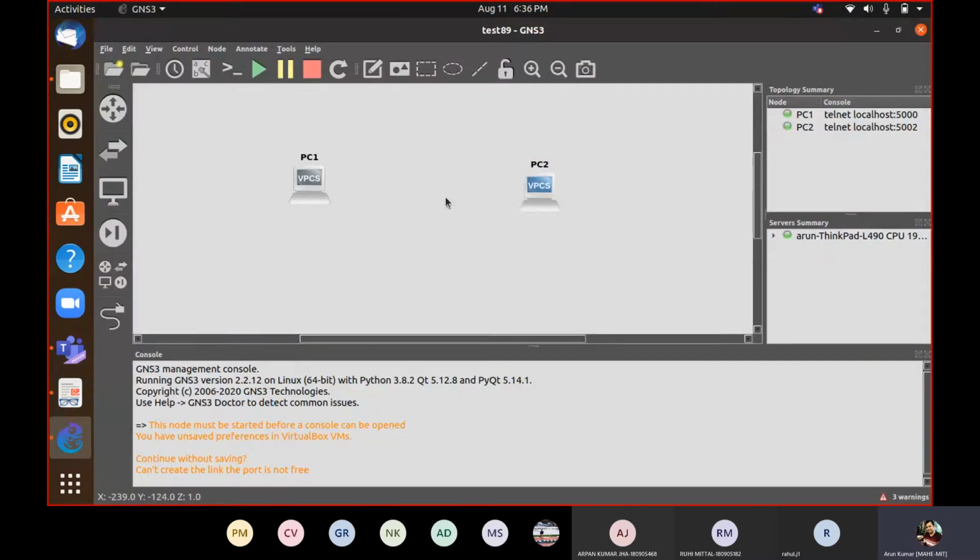So these are the two devices. These two devices, initially I have already shown to you. So we are connecting it. Already it is up. Okay.